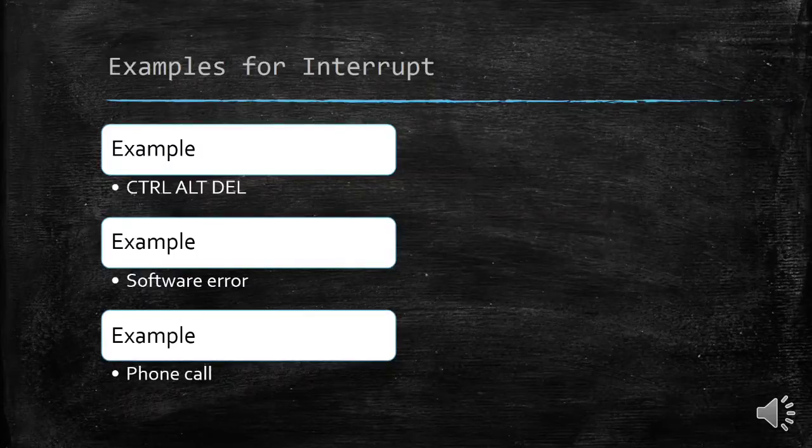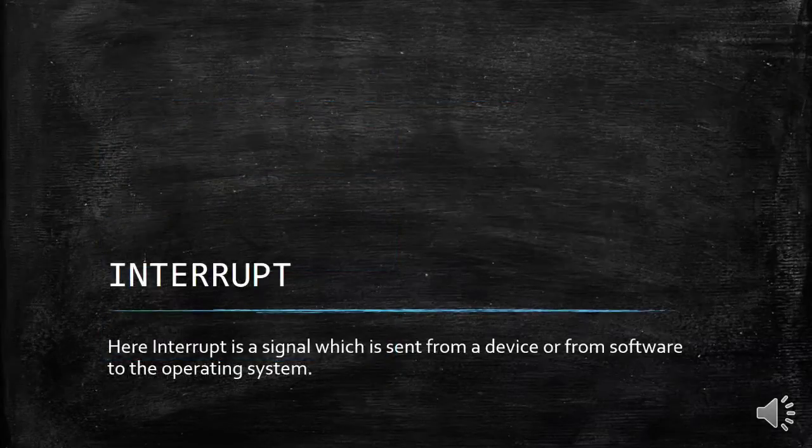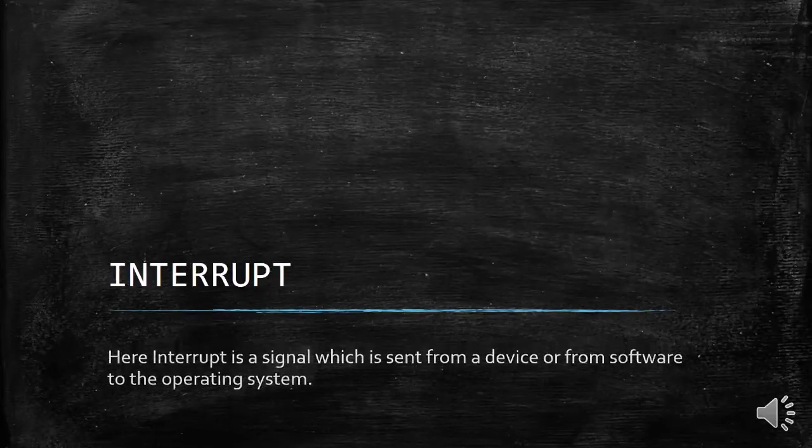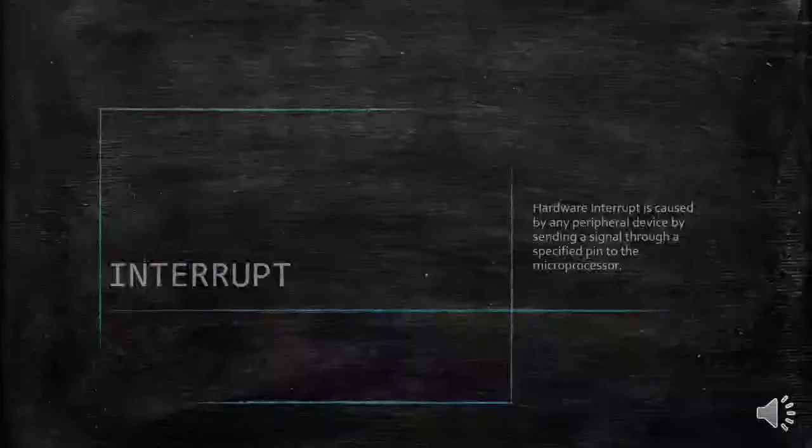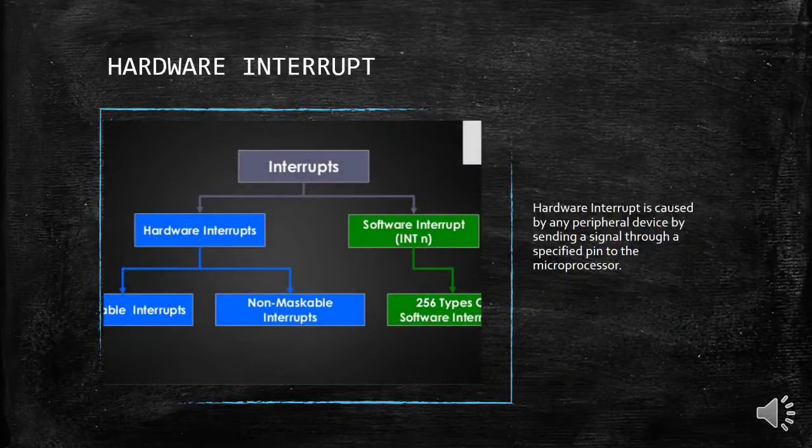In general, when an interrupt occurs, the microprocessor completes the instruction it is presently executing. Then it saves the next instruction address on the stack. The address is called the return address. Then it branches to an interrupt service subroutine, that is ISR, to service the interrupting device. After completing the ISR, the microprocessor returns to the original program by making use of the return address stored on the stack top.